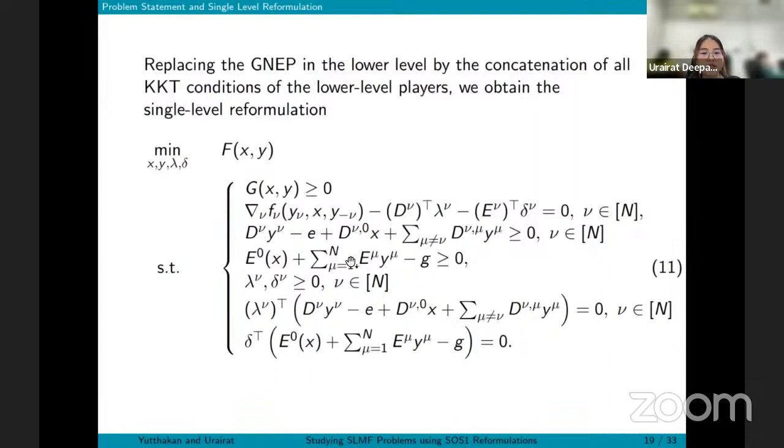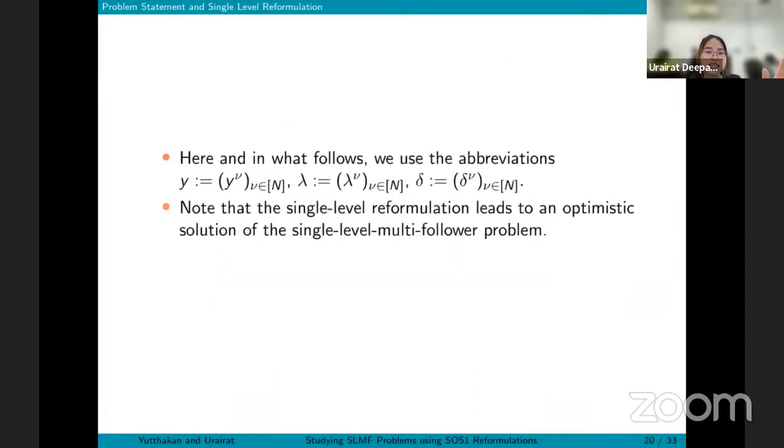When we include those, we get equation 11. So we can solve it. In this work we are interested in the optimistic solution of the single leader